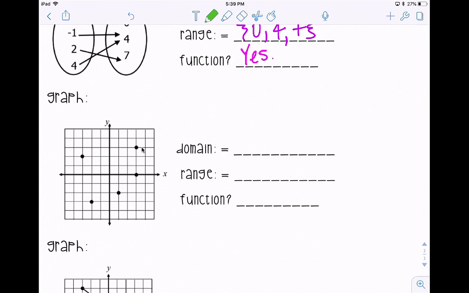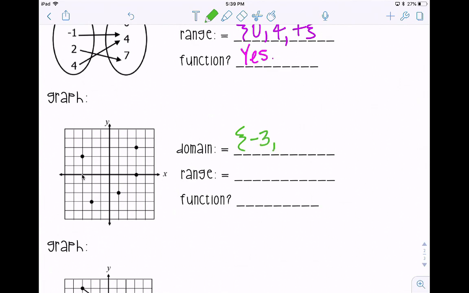then these two right here, they have the same x, right? So I can list them out, or I can just count as I go. Domain is least to greatest, so we want to go left to right. So I'm going to start with this one right here. My domain here, I'm going to use a squiggly bracket because it's a set. So I'm going to count to -1, -2, -3. This is -3, the x is -3,